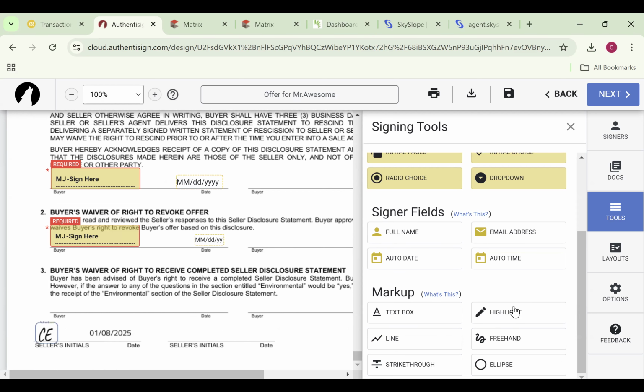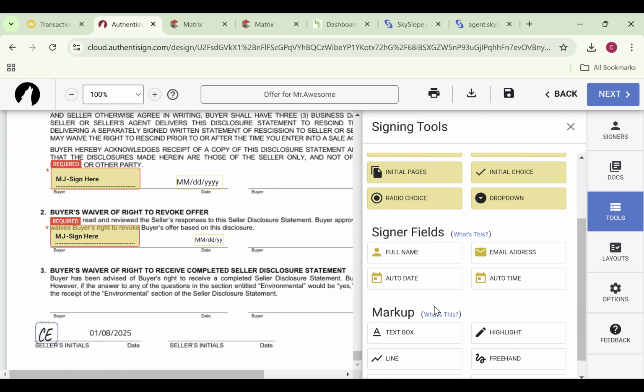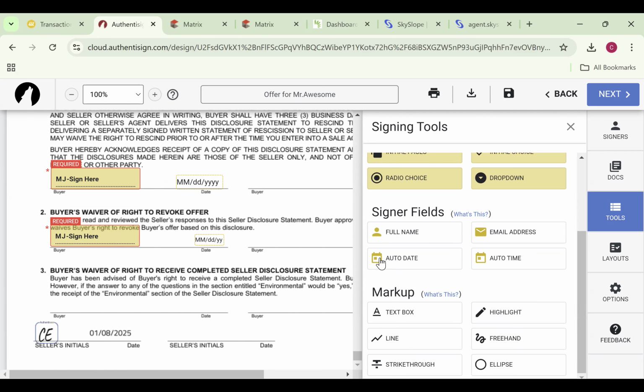Yeah, a few other tools, like if you want to highlight something, the strike through, I usually just use a line. The text box I use a lot. So like I showed you, if you want to add verbiage to anything, the full name is nice for the supplemental forms. The auto date,